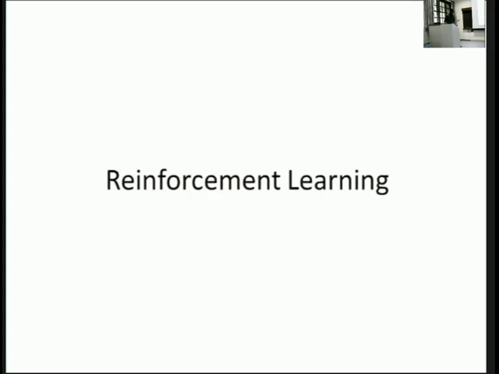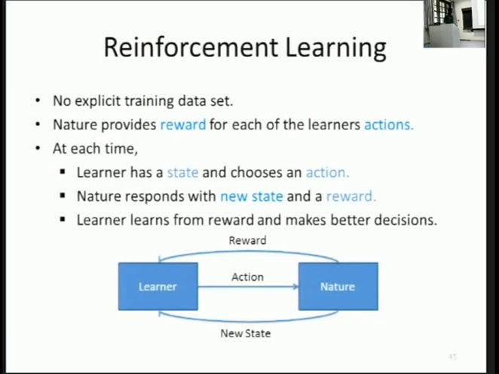So the last and final type of learning is called reinforcement learning. Personally, I believe that this is closest to humans. This is pretty much like how we deal with the learning part. What it does is, we are not going to give it a training set. It has this nature around it, this environment. It tries out something, and someone is going to tell it, no, you didn't do right, do it again. So that is how we work.